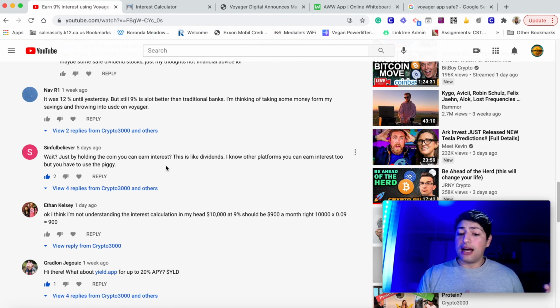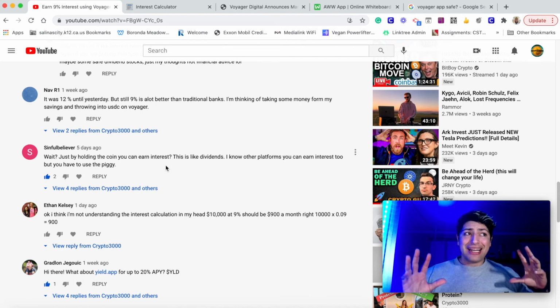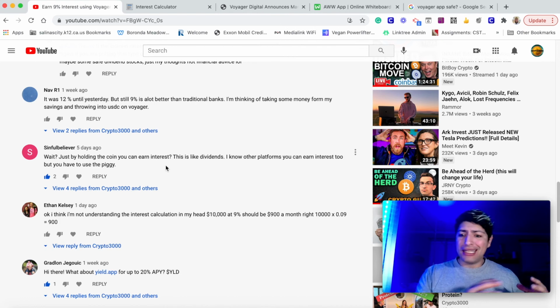And they say that if you withdraw, they will have your funds to you within 24 hours. That's their promise. I have withdrawn from their app before, but I didn't actually time it. I didn't see how long it took me to get that money. So that's something I have to do on my next withdrawal, to see how long it takes them to get me my money into my bank account.